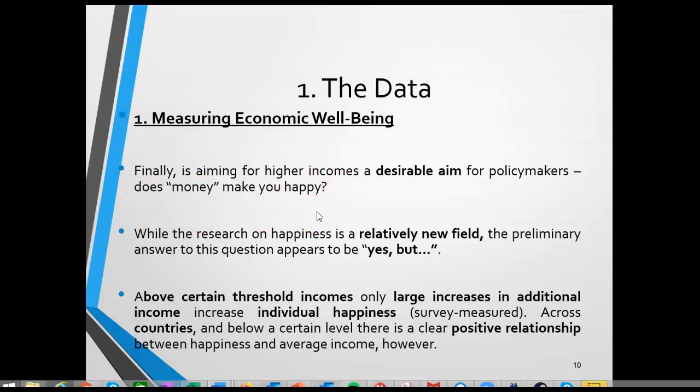Now, at face value, this idea of research on happiness, do we really need to produce more stuff, is a relatively new field. It's been around for maybe 20, 30 years. It's very survey-based in economics, so we can't really answer this easily on a neurological level, which would be the preferable way to do it. And what the finding in this literature is, well,